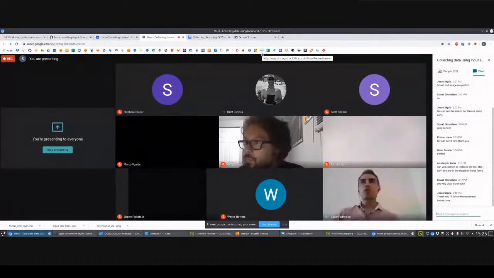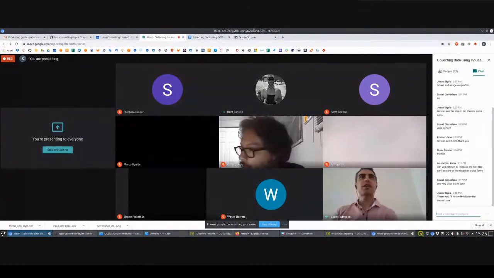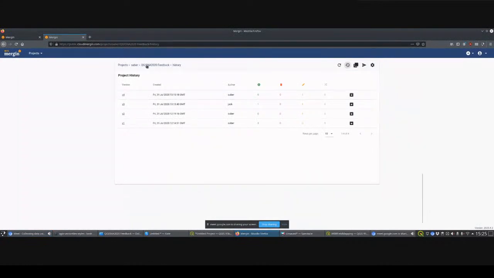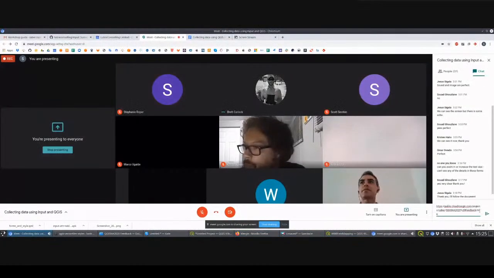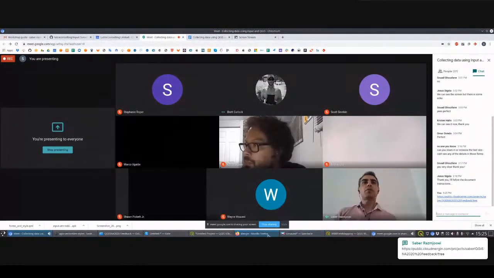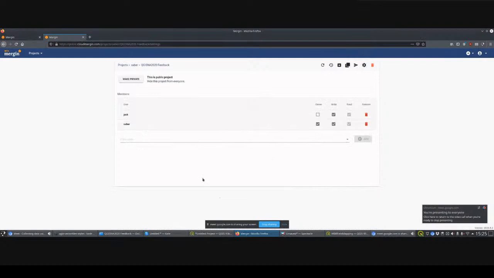I have a quick shortcut for those of you who don't want to follow the project creation, and you can go directly to merging to this project, which I copy paste here. Once you open that link, you can click on this clone project, and it allows you to duplicate this project. Alternatively, if you want to contribute to the project that I have created, give me your username, just chat it there, and I add you to the list here, and you will be able to contribute to the project I've created